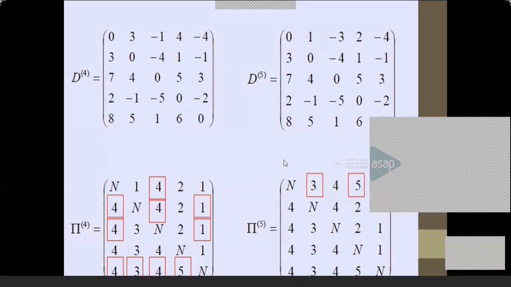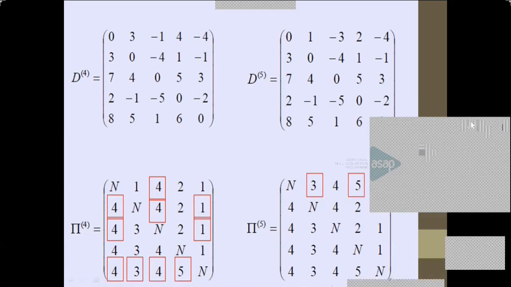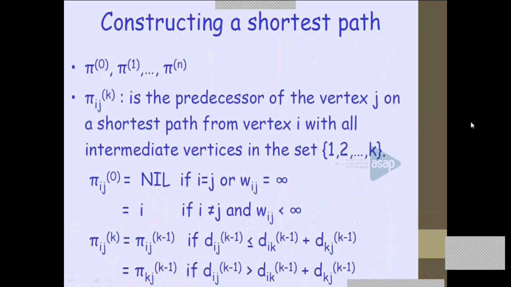If you are implementing this, from this matrix only, you can display the shortest path. This will give you the weight only. This will give you who are involved, which cities are involved. That is why the predecessor numbers are getting stored here. Okay, my dear students, here I am actually stopping.